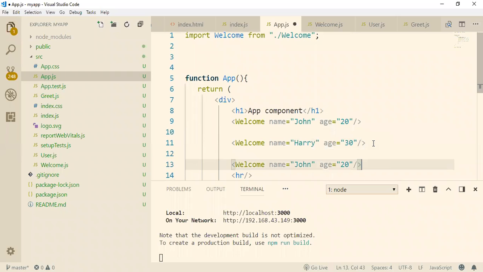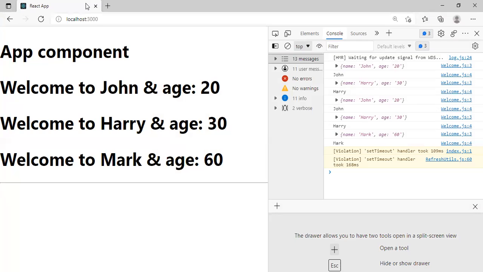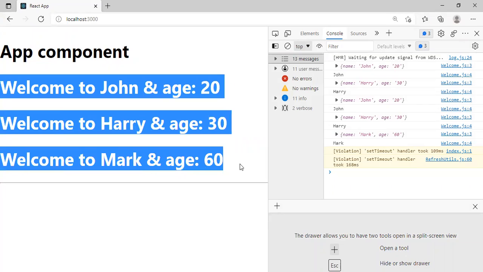Again we are populating the Welcome component, and now we pass the name as Mark and the age 60. Just save it, run it and check the output. Now we are populating the Welcome component three times.